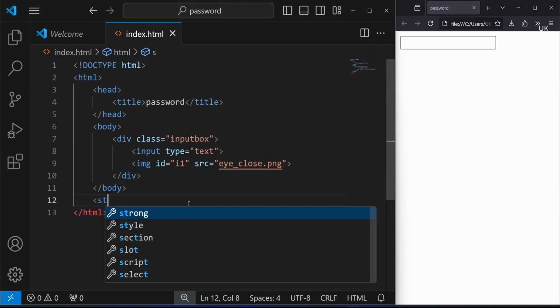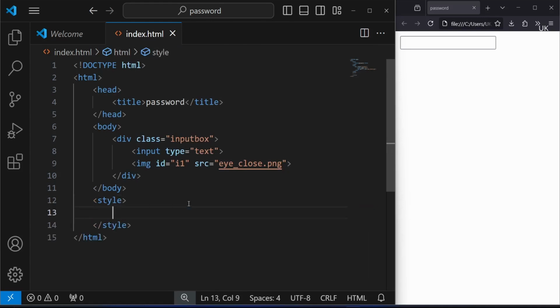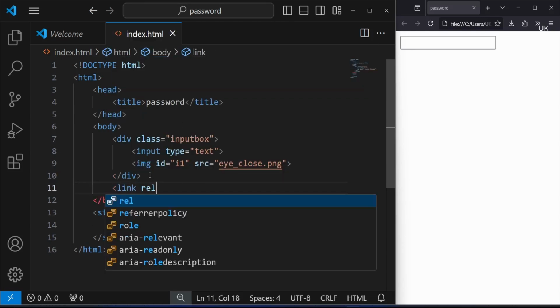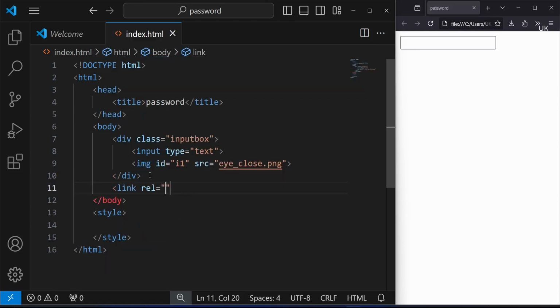Using the style tag, you can also use external CSS, like using a link tag with rel equal to stylesheet, and typing href equal to that style sheet name. You can also use this way, but I am not using this. I am directly using internal CSS and typing the body,